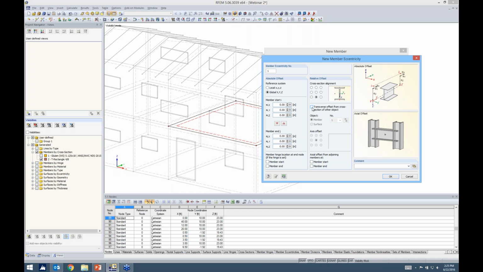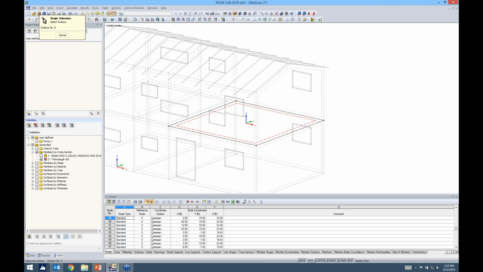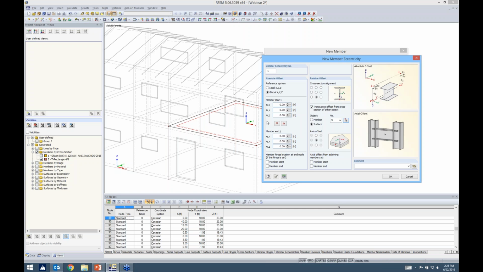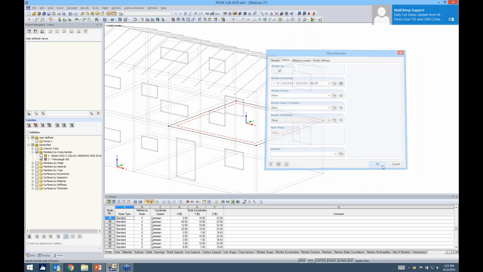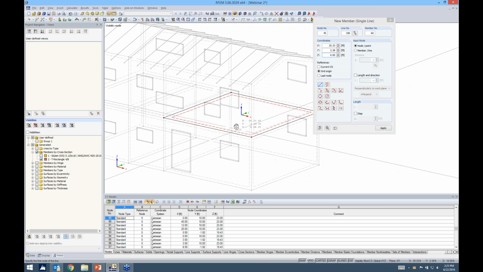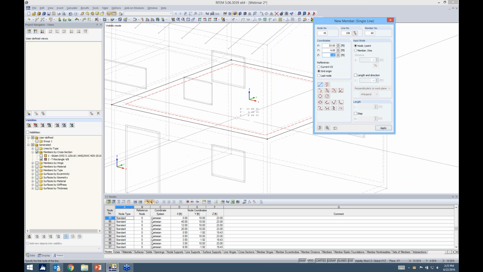Now it's asking, what do you want to offset it by? Well, I can choose either a member or a surface. So if I choose this surface and then I graphically choose this surface I have selected in here, and then again, I know my local axes are opposite here, so I actually want to select the top here. And I went ahead and click OK. Then I can go ahead and click OK again, and then now I can go ahead and model this particular